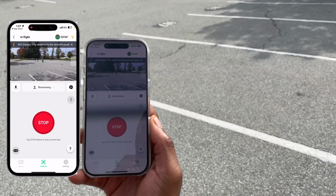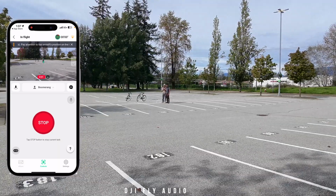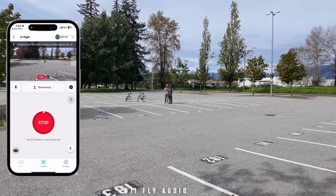That would be cool to have, that footage where it's zooming out and landing on your palm, because currently it seems to cut off early and start recording late, at least in my experience. Now, if you're flying the DJI Neo and you accidentally crash the drone, even though you are close to